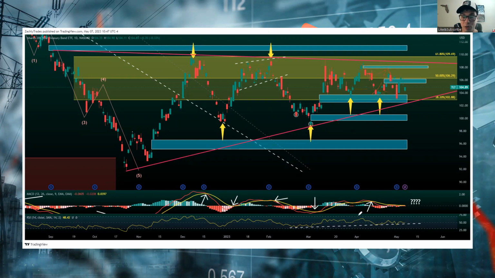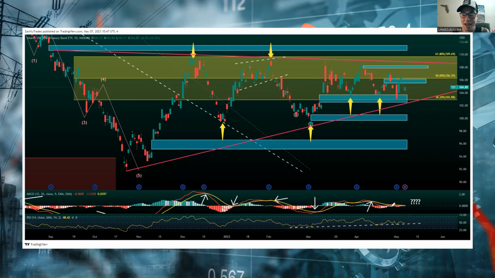So to make things relevant to where we're at right now, okay, look at how many times we've bounced off of this bullish divergence trend line. Many times. And so really the reason that that's significant, okay, is because the more times you test a trend line, the weaker it gets, right? And if we see a break in this bullish divergence trend line, that could mean that we're due for a move down on TLT.